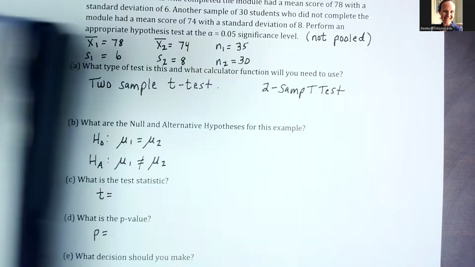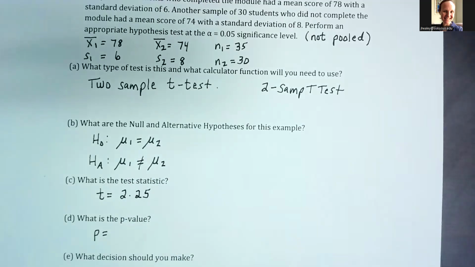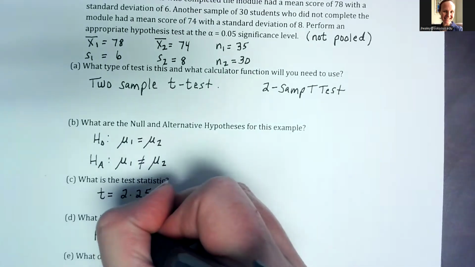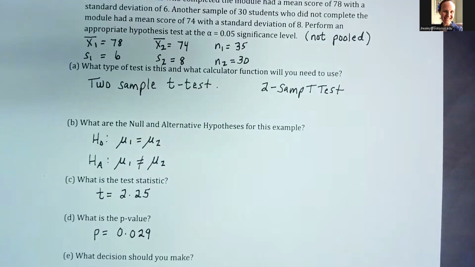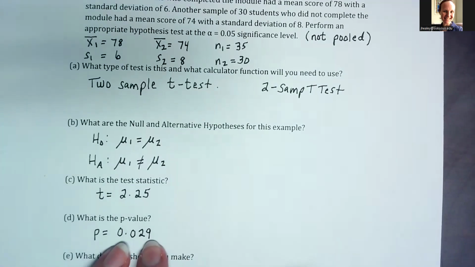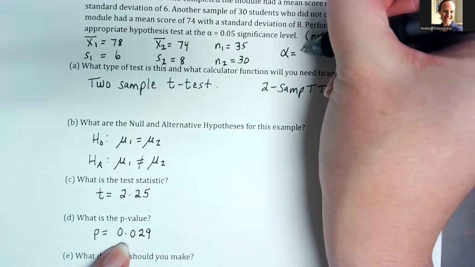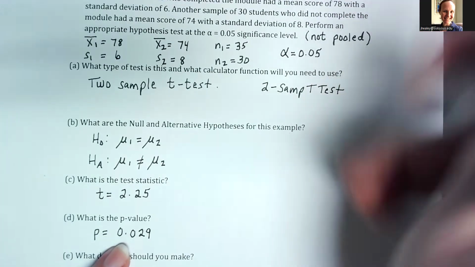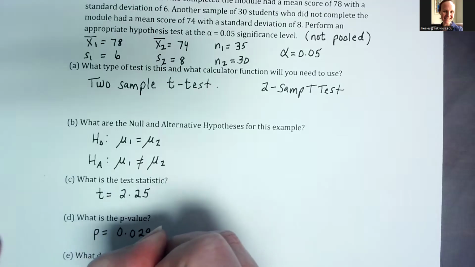Okay, so our t-value is approximately 2.25, and our p-value is approximately 0.029. Our p-value, we're comparing to the alpha value, and the alpha for this one again is 0.05. So the alpha is about 5 pennies, and our p-value is almost 3 pennies, but it's still smaller than the alpha value. So since the p-value is smaller than alpha,